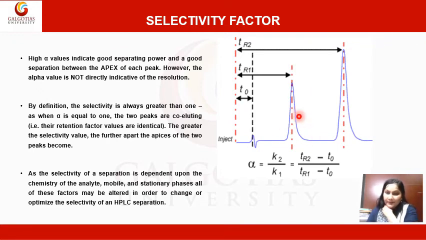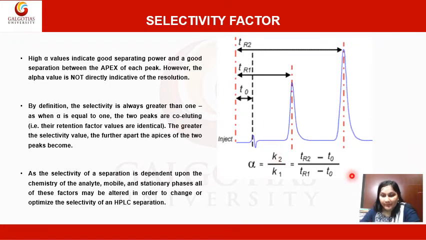This is the dead time. This is the retention time of peak 1. This is the retention time of peak 2. Then what will be the retention factor of this TR1? That should be K1 is equal to TR1 minus T0 by T0, and K2 will be TR2 minus T0 by T0. So if we calculate the ratio of K1 by K2, we will get